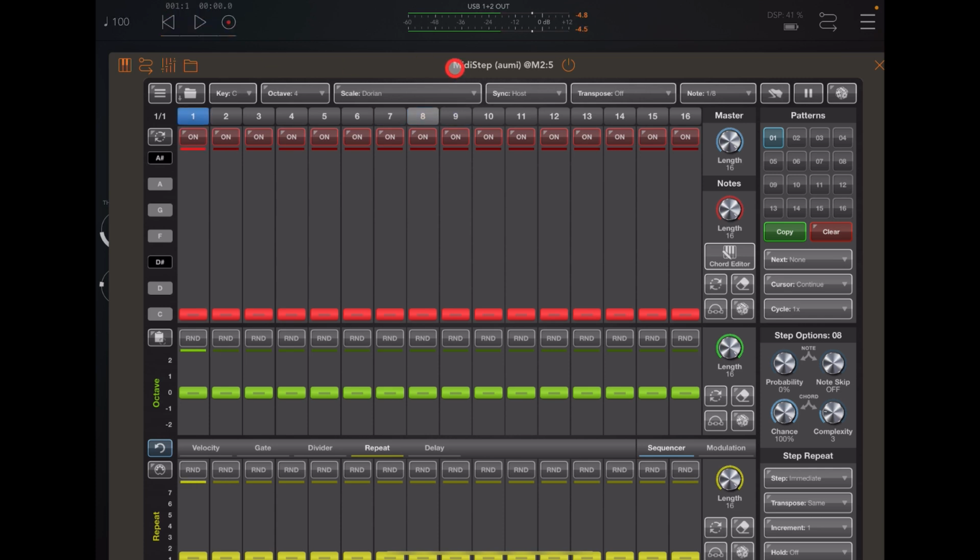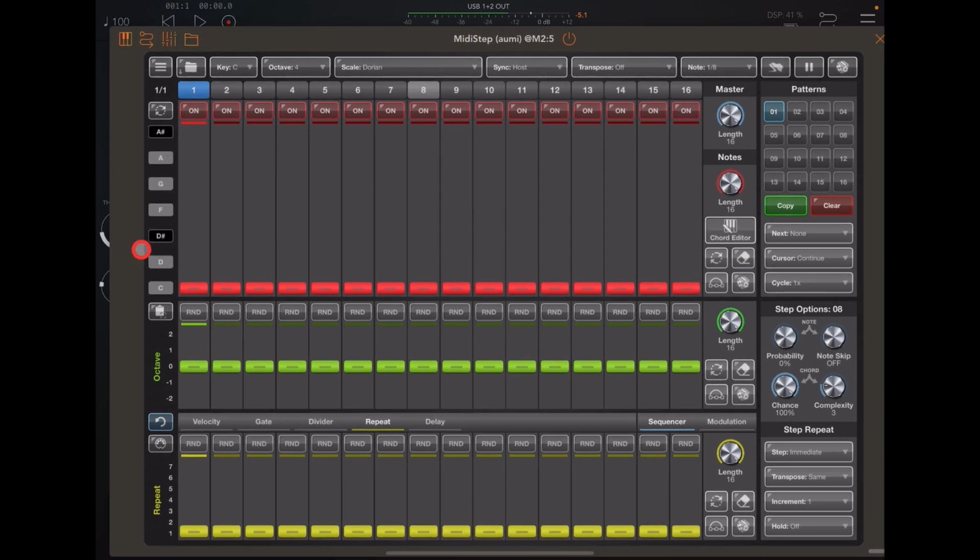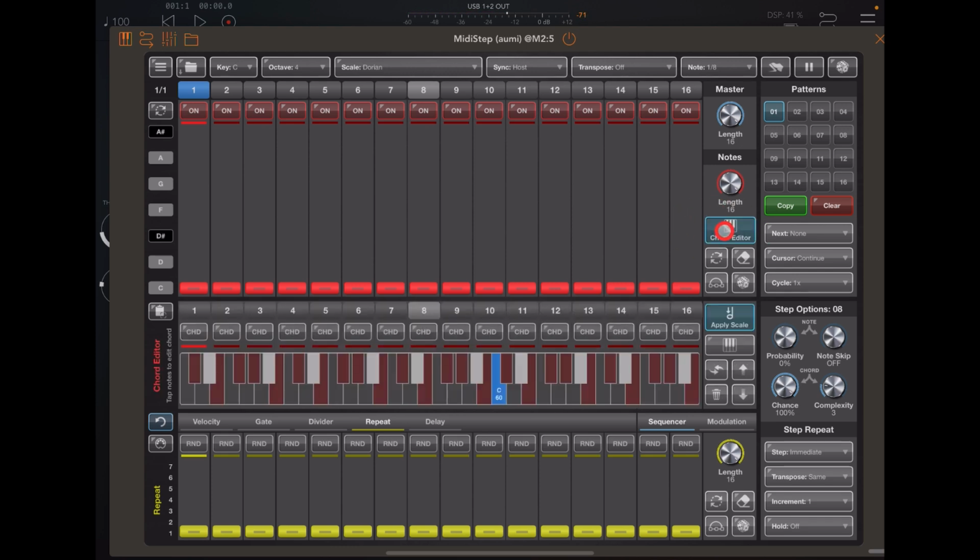The last thing I want to show you before I end this first video for MidiStep is chord mode. All this cool stuff, you can also have it play chords, which is just really great. And it's very simple to set this up. Each independent step can be a chord. If we go to chord editor right now, you'll see here, if I go out of chord editor, you'll see